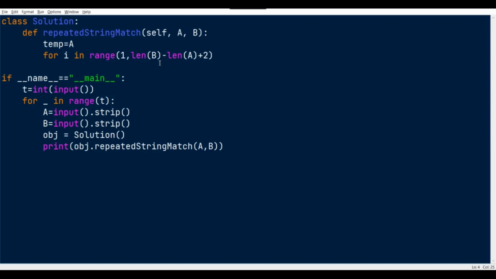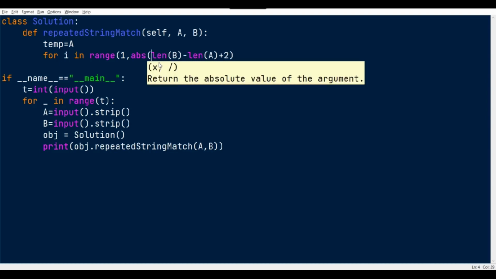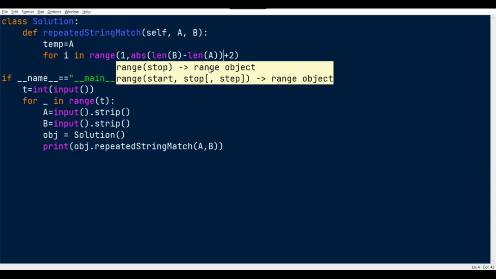Either we can use absolute here, so even if the A value is bigger and the B value is smaller, we will get the proper value, right? Or else we can do one more thing. Instead of subtracting, what if we use the division operator? In this case, if B is smaller than A, it will return 0.